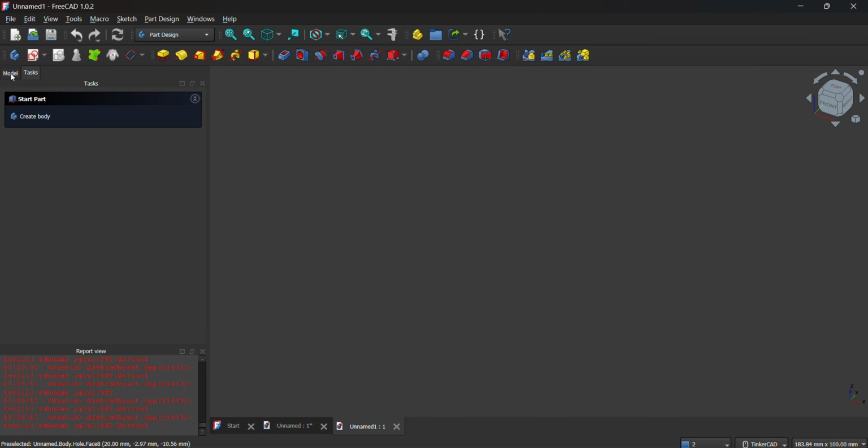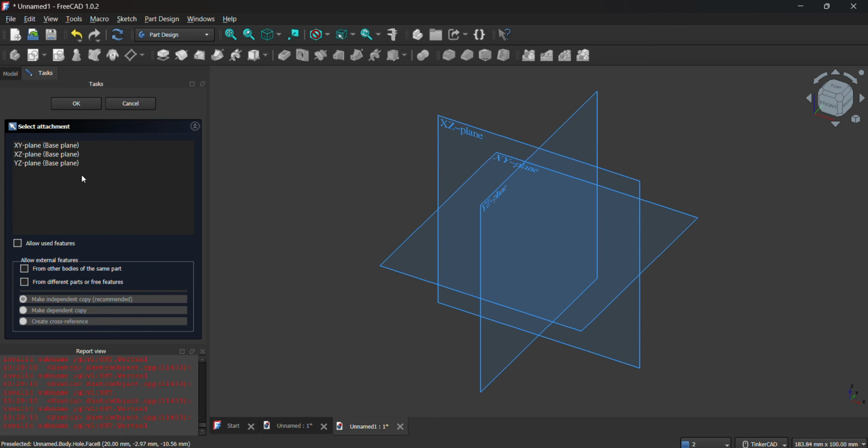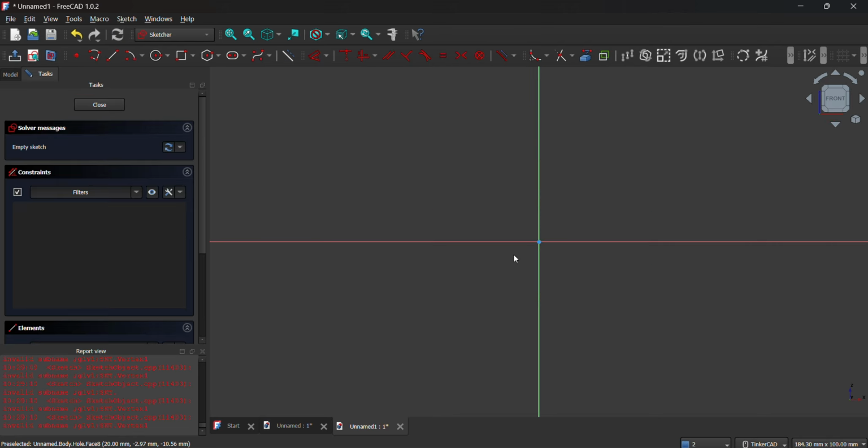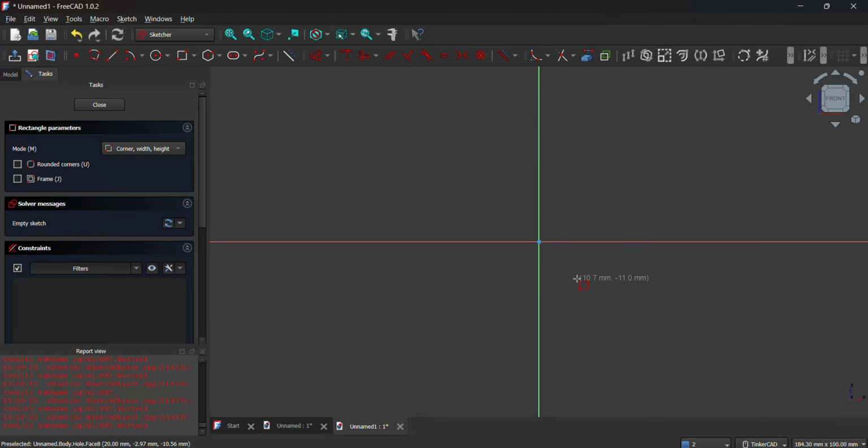If you're all set, then let's start by creating a sketch. Click that one and then choose a plane where you will start. I prefer starting at XZ or front plane. So you can double click this or click just once and click OK. Since we are going to create the base of the Lego, it is a square, if it's a single one. If you are going to create a rectangular one, then of course it must be a rectangle. So for the square, let's set the size to 20 by 20 millimeters.